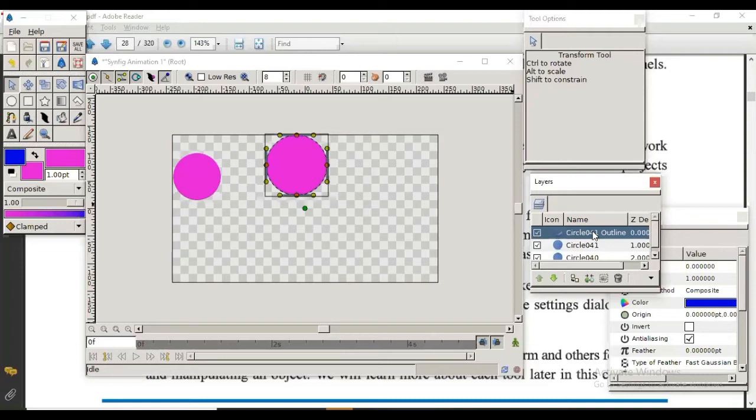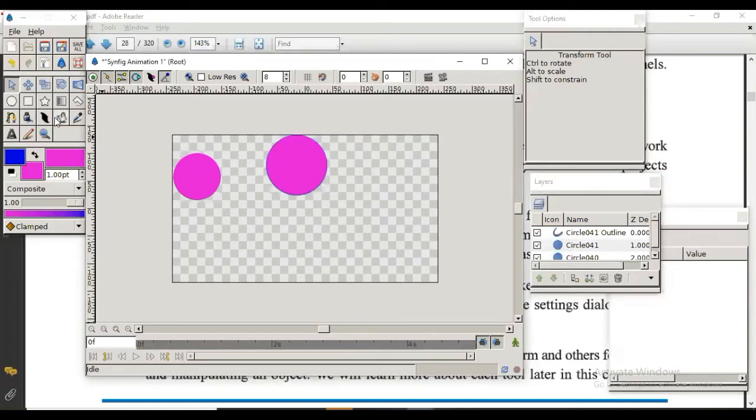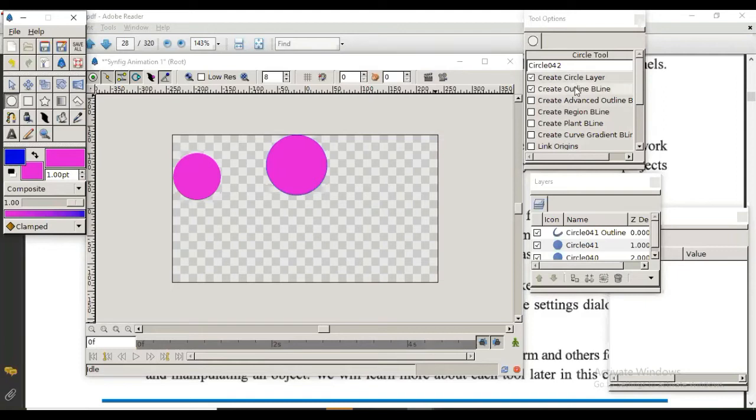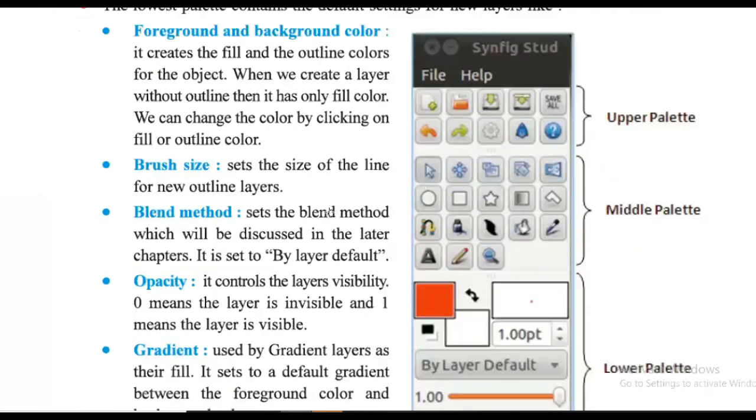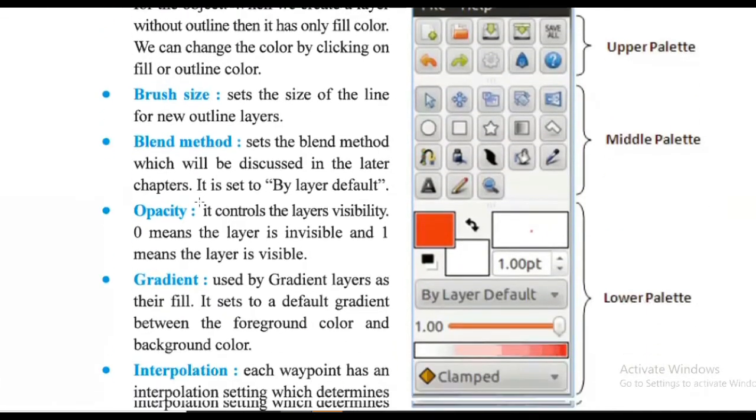This is outline layer. So when you select more options here, if two are there, two layers will be inserted here. If three options are set, you will have three more layers. You can see that blue outline is visible here because we have selected create outline. So we have to take care about whether we want this outline or not, or simply we want to draw a circle with a color inside it without outline. So these are different tools and their definitions.